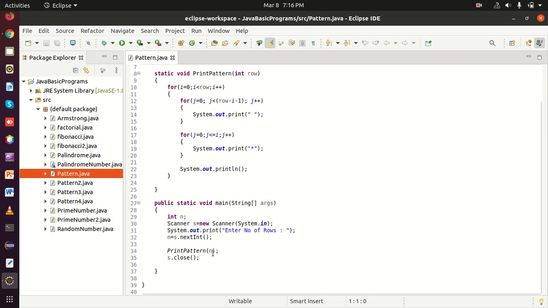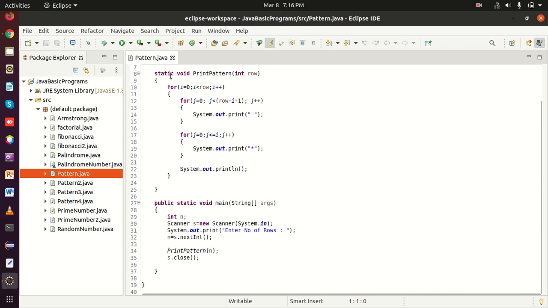Now control is transferred from here to the printPattern method, where the row variable is assigned the number which n holds. Now we can see here that without any object I have directly called this print method, and this is not showing any error because the definition of this method is already declared as static.